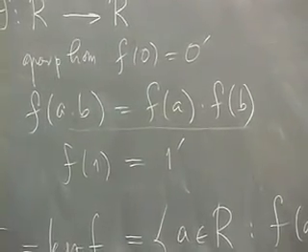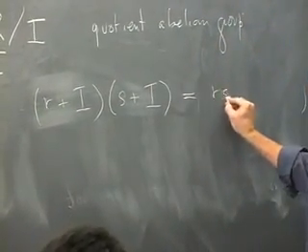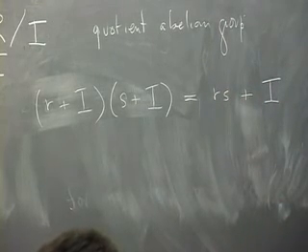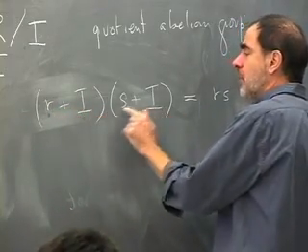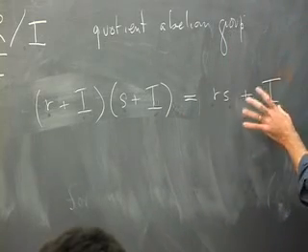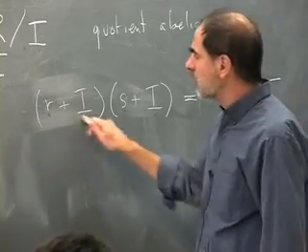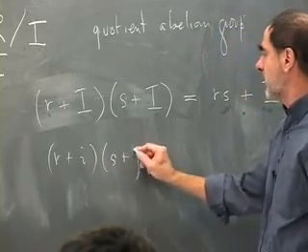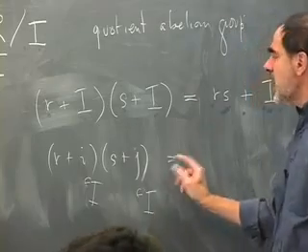Well, the definition of multiplication is that if you want to multiply the coset R plus I times the coset S plus I, then it's by definition the coset RS plus I. And to check that this actually makes sense, namely that if you changed your coset representative here and your coset representative here, you would still be an element of this coset, the multiplication. You just have to check that if you multiply anything in this coset, R plus I, times anything in this coset, S plus J, where I is in I and J is in I,